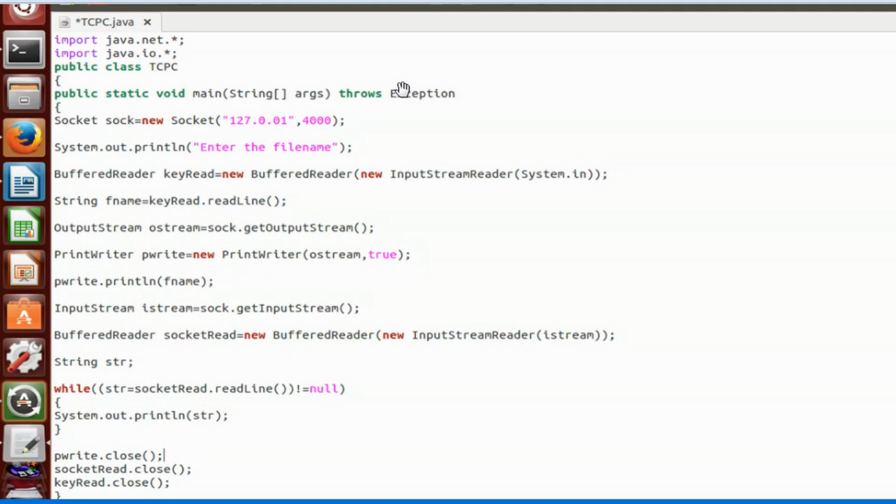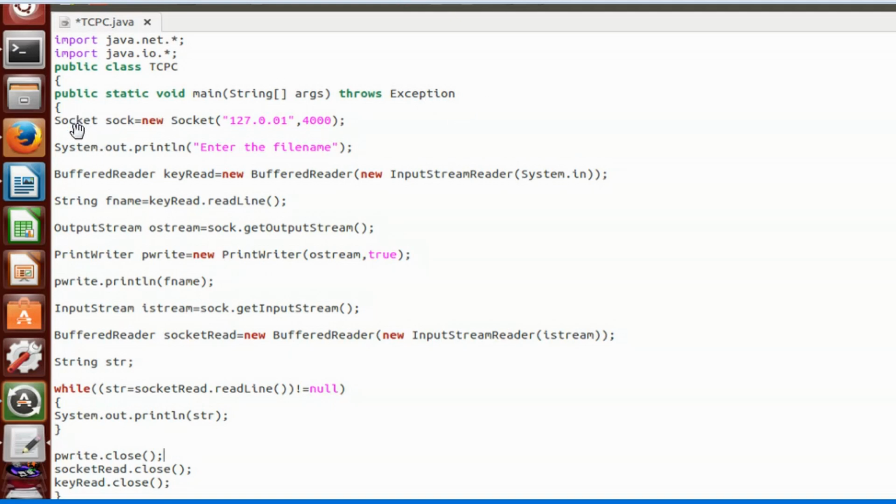Instead, it handles the IO exception by throwing it to the source which invokes the main method. You are throwing the exception if you want it to be handled by the higher function, the calling function. So you are not handling it, you are throwing it to the higher function. That's why we have added throws Exception here.